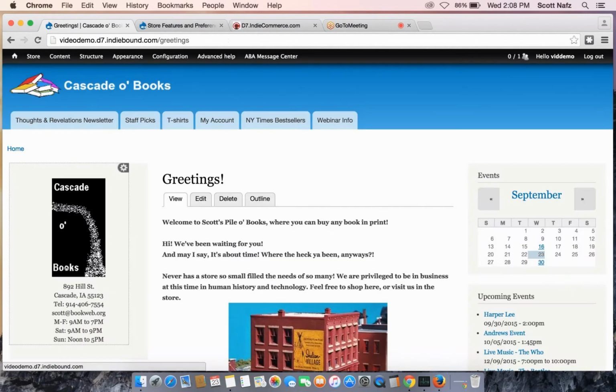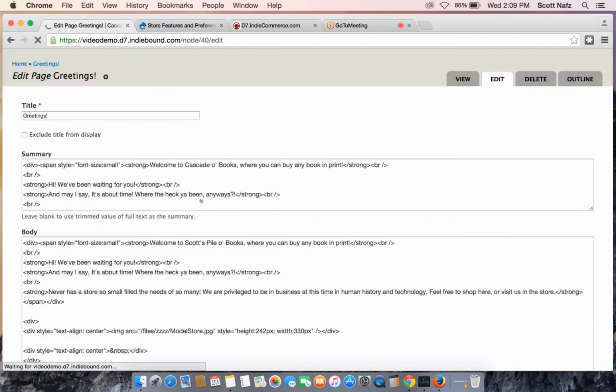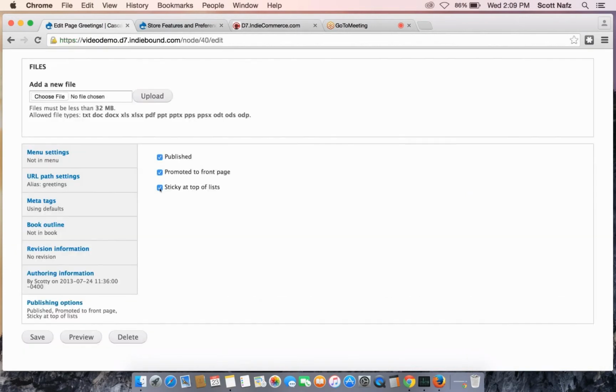And if you go on creating a page, you'll know about these controls. We have some publishing options down here. I'm going to publish the page. I'm going to promote it to the front, and I'm going to cause it to be sticky at the top. That means if I promote other things to the front page, they will all be promoted lower than this particular page. If I save this information and then go back